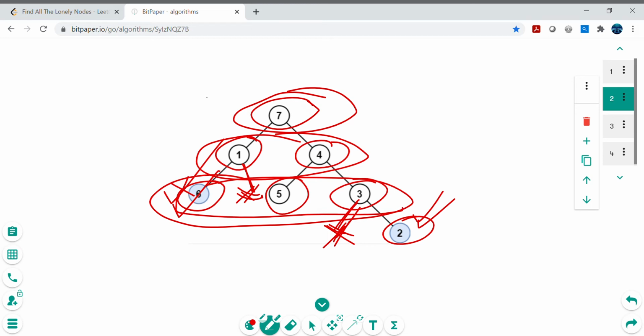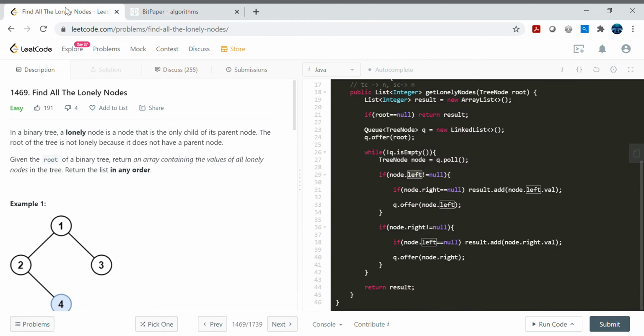Basically, the queue can store a maximum of 3 nodes at one point of time, right? Because we calculate asymptotic complexity, we are not going to calculate the exact complexity. If we get an approximate idea of the complexity, then it will be linear, again order of n. But n will be the maximum number of nodes at any level. All right, now moving to the recursive approach.